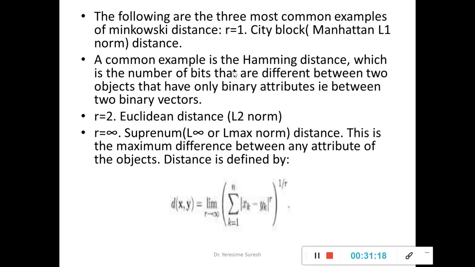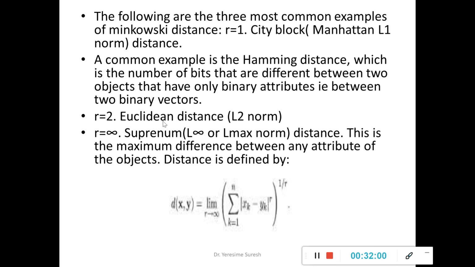A common example for such scenarios is the Hamming distance, which is the number of bits that are different between two data objects. Every data object will have some binary representation. What is the difference between the bit representation of one data object and the other? I define that as the Hamming distance. In terms of the Hamming distance, we have two functions. One is SMC and the other one is J, wherein I abbreviate SMC as the simple matching coefficient and J as the Jaccard coefficient, which are variants of the Hamming distance. We'll solve problems and understand how exactly the Manhattan distance works.